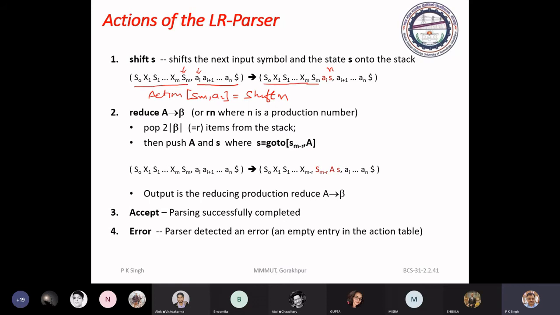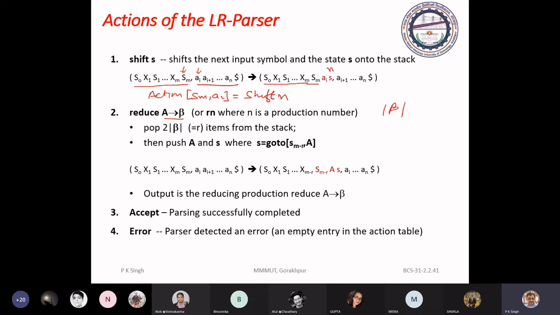In the case where the action is reduce by a particular production, you have seen it will compute mod of beta, meaning the length of beta, the number of grammar symbols on the right side of the production by which you need to perform the reduce operation.